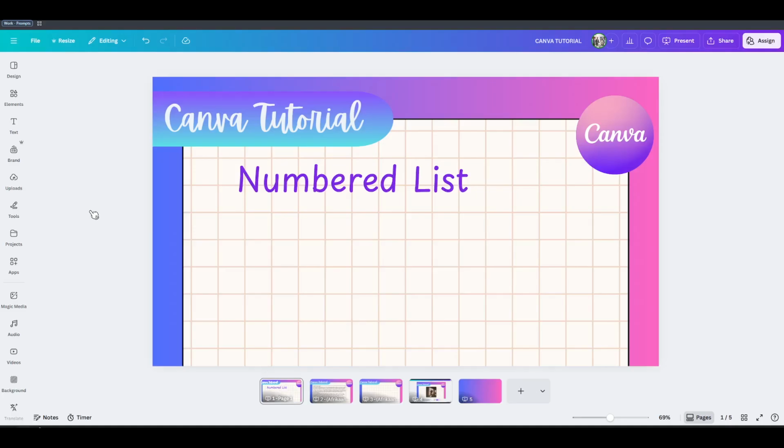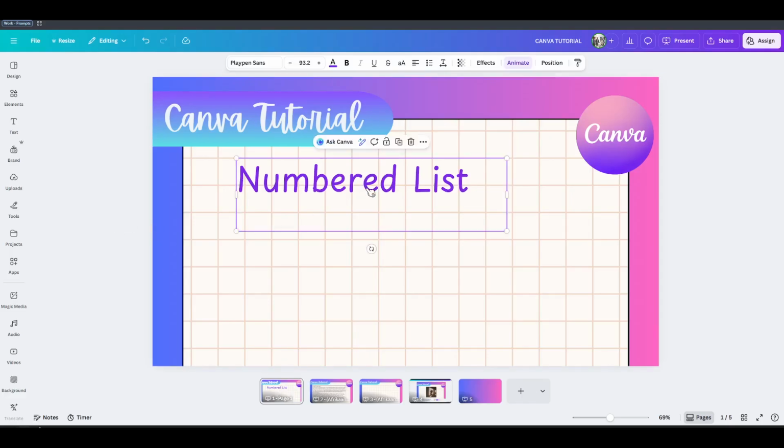Start by opening the Canva project where you want the list to appear. Make sure you're on the page or slide that needs the numbering. Now, check whether you already have a text box in place. If you do, click directly inside that text box so it becomes active. You'll know it's selected when you see the blue outline and the editing caret blinking inside. If you don't see a text box yet, go ahead and add one so you have a spot to type